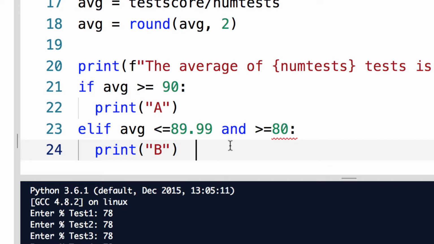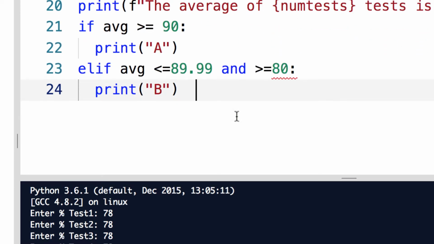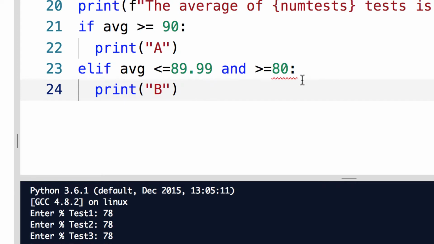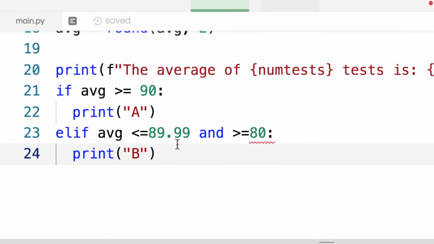Okay, and even at this point, we could test it out and see if it works okay. Although I have an invalid syntax. What did I do wrong here? Oh, actually, it's good that this came up, because I made an error here. This looks very logical and it seems like what you would type, and in some languages you can do this, but what you have to